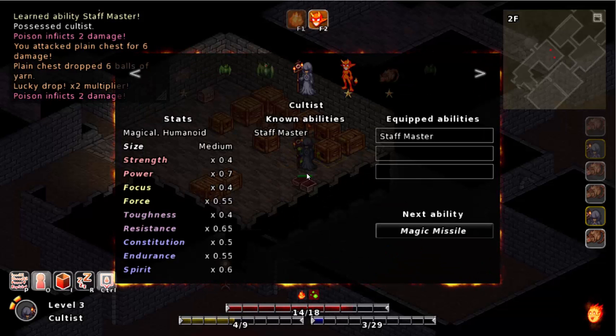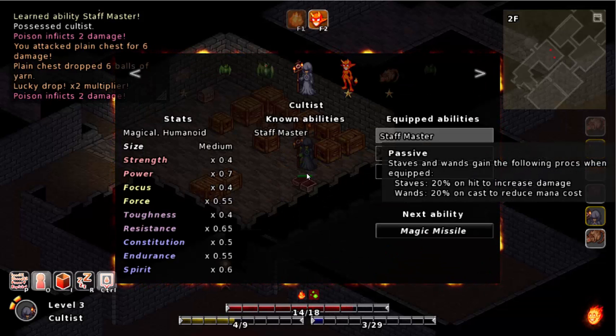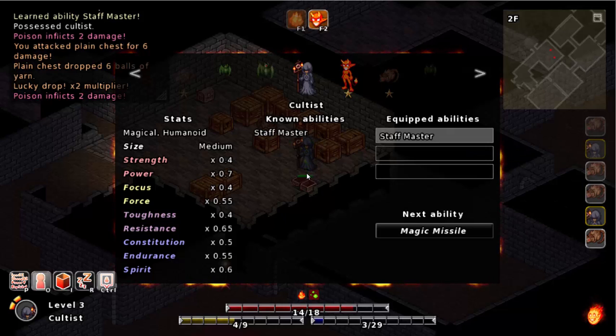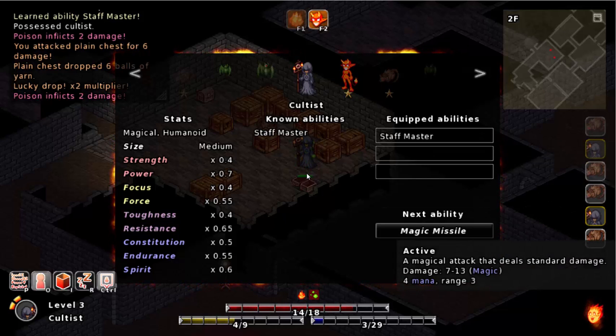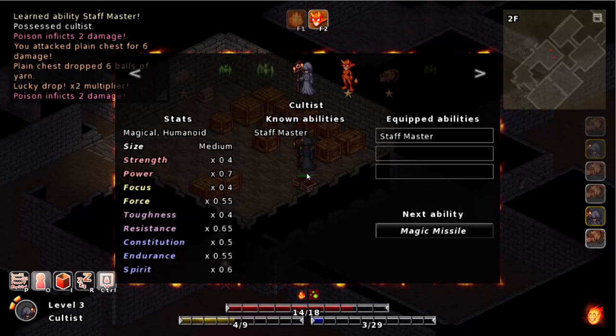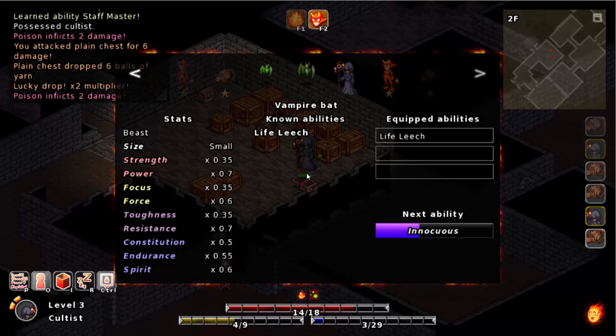And let's actually look at, let's see, what is our ability here? Stabs and wands gain the following procs. Oh, that's pretty cool. I like that, but I don't have any stabs or wands, but I'll keep an eye peeled. Magic Missile seems like a pretty standard, pretty decent ability. Okay, great. Well, we'll keep that around then, and let's actually take a quick look at our Acid Bat to